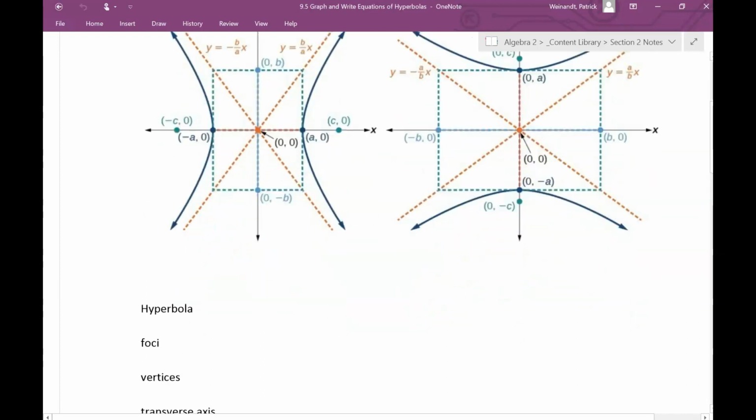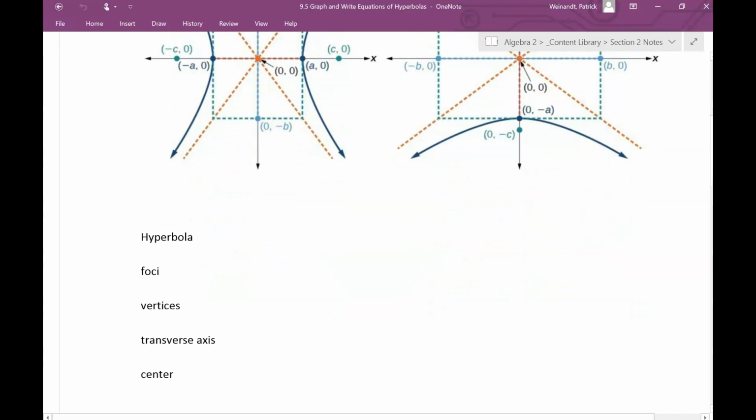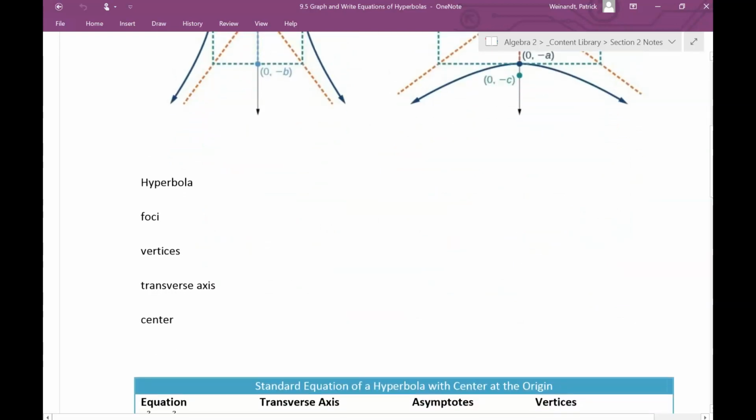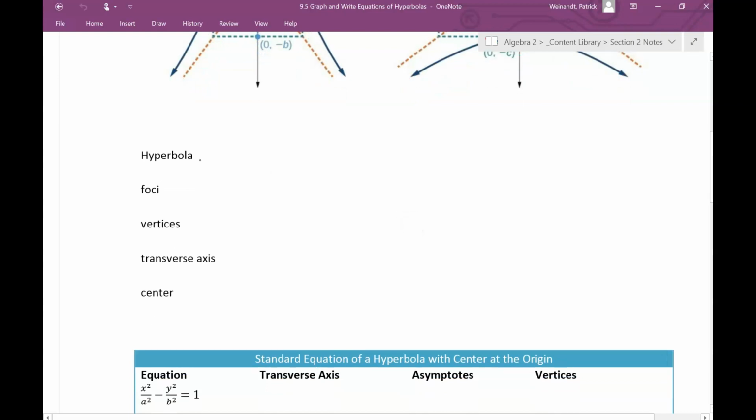So it's going to be important that you distinguish the differences between a hyperbola and an ellipse. Okay, now the definition of a hyperbola, formally, I don't have a picture here, but I will draw a very rough sketch. So if I have a hyperbola here, and let's say a focus here, and a focus here. If I have a point P,